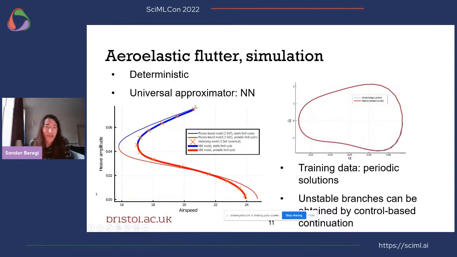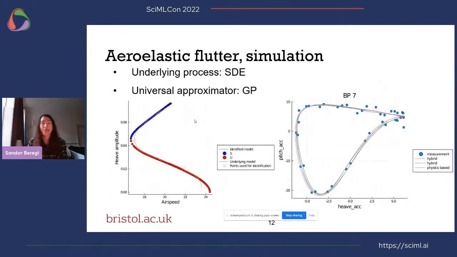But I also added the bifurcation diagram of the pure physics-based model, just to highlight that in this case, the difference between the behavior of the ground truth model and the physics-based core of the universal differential equation model wasn't that large. So in this case, I really just compensated for a small error in the model. We can say that this worked really well, but this was probably not a very realistic example. So I just tried to